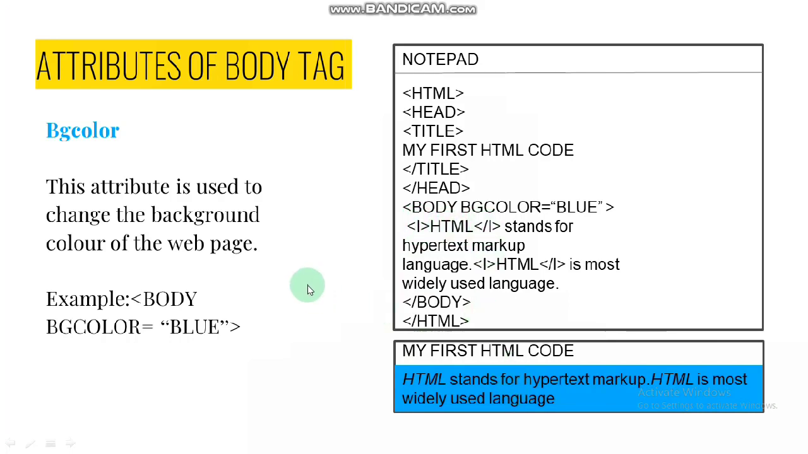So this was for today's class. We have discussed paragraph, bold, underline, italics, and then one of the attributes of body tag, which is BG color. So I want you all to practice this, and we are going to see their implementation in our practical videos